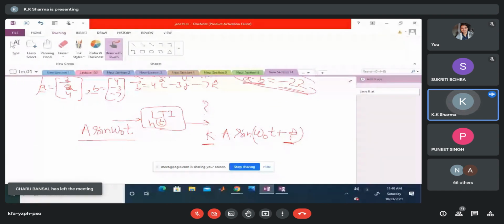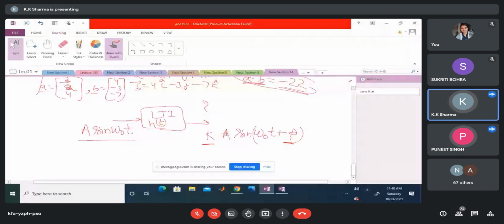See, this is an important property of any LTI system, and this is also connected with the Fourier transform theory. What I am saying is that if you apply a sinusoidal signal of frequency omega 0 as input to the LTI system with impulse response h of t, the output is still a sinusoidal signal. This is called an eigenfunction. The shape of the signal remains the same, which is why I am using the term eigenfunction. But the amplitude gets multiplied by a constant k, and similarly the phase gets shifted by a factor of phi.